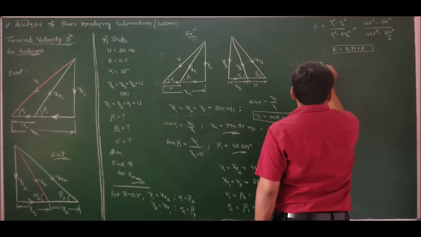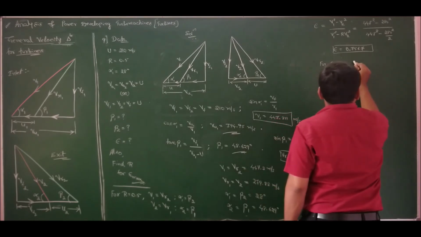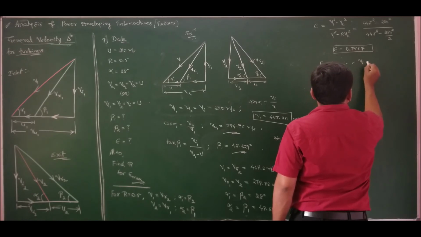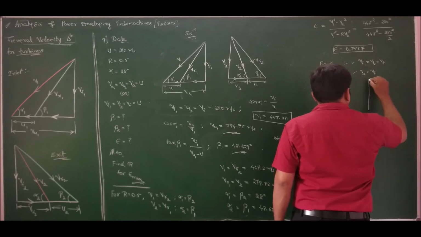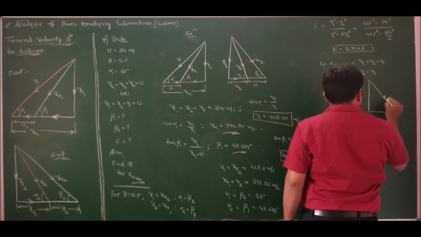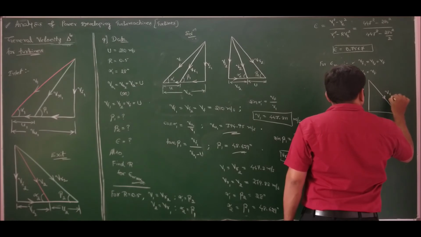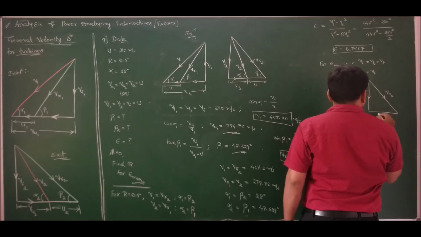Now the second part in this question is to find the degree of reaction for making utilization maximum. For maximum utilization we know that for epsilon max, flow is constant, he has already given, and V2 should be minimum, that is V2 should be equal to Vf. So the exit velocity triangle should be altered like this. This must be the exit velocity triangle for maximum utilization. We have VR2, Vf is equal to V2, and same direction as U1, we have U.